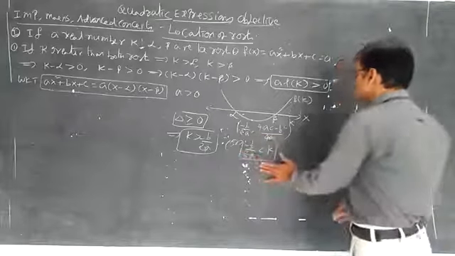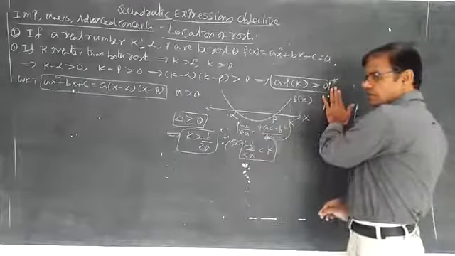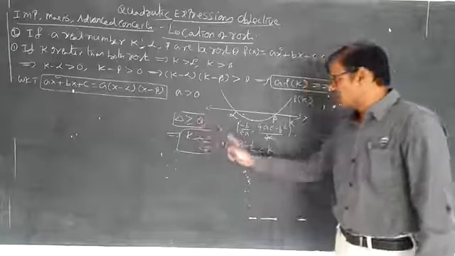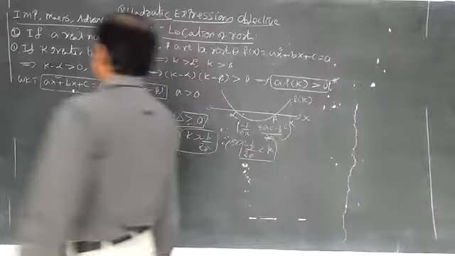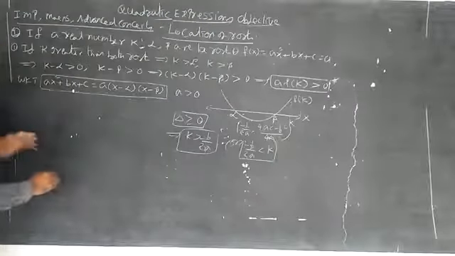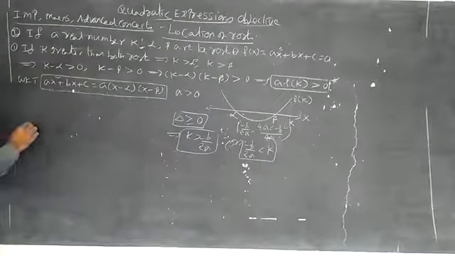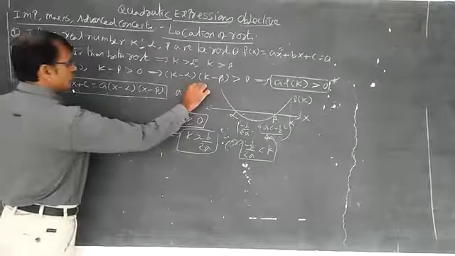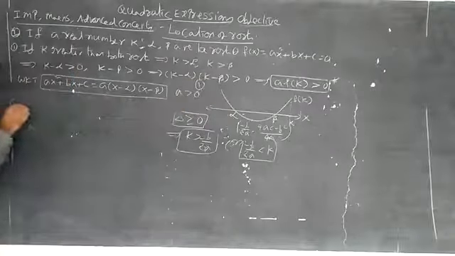It depends upon these three boxes. First formula here, a into f of k greater than 0, next one delta greater than or equal to 0, next one k greater than minus b by 2a. So location of roots depends upon this one. Some examples are there, we discuss, then you can understand. Next condition, this is the first diagram. Next, second diagram graph.